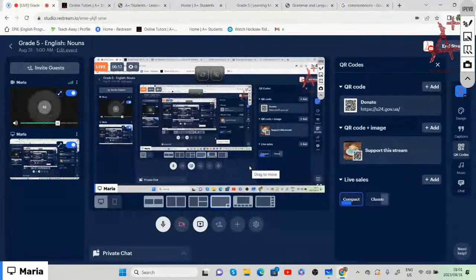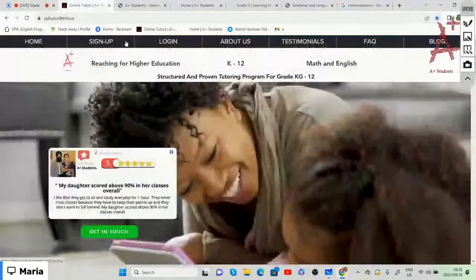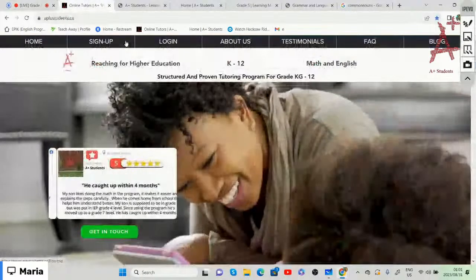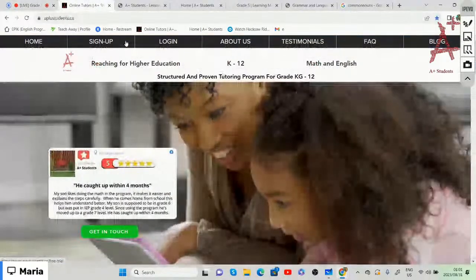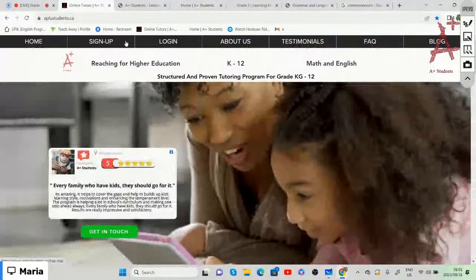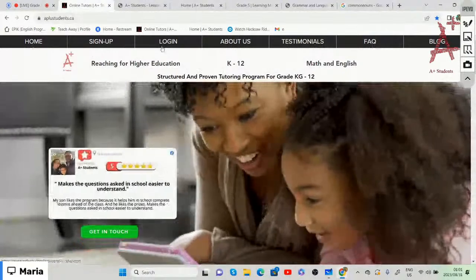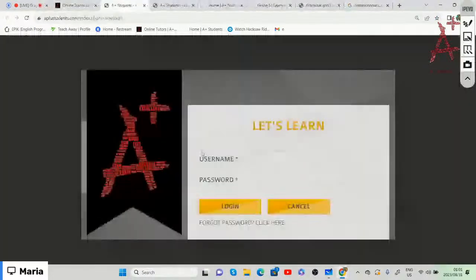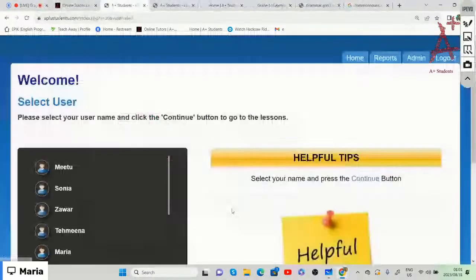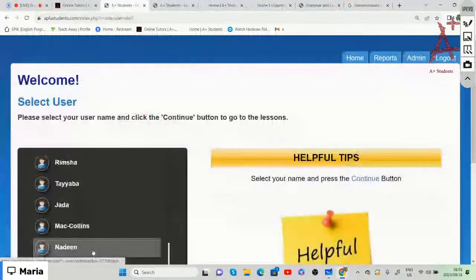All right, so for today, we are going to be doing our grade 5 English lesson on nouns. And before we start with our English lesson on nouns, you're going to log into the aplusstudents.ca page. And once you've logged into aplusstudents.ca with your username as well as your password,